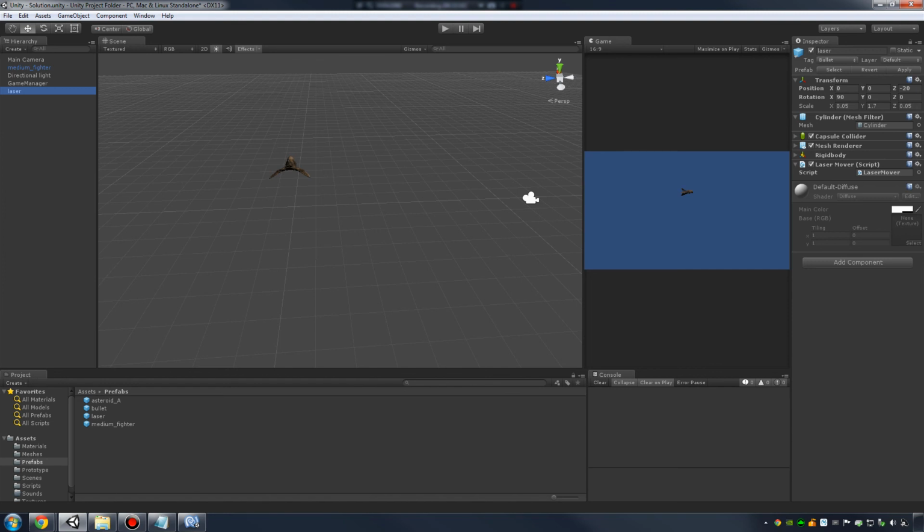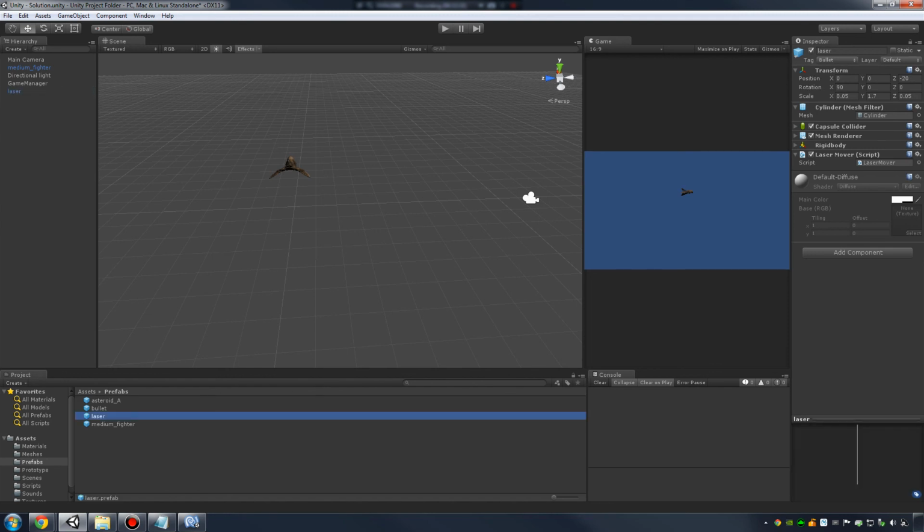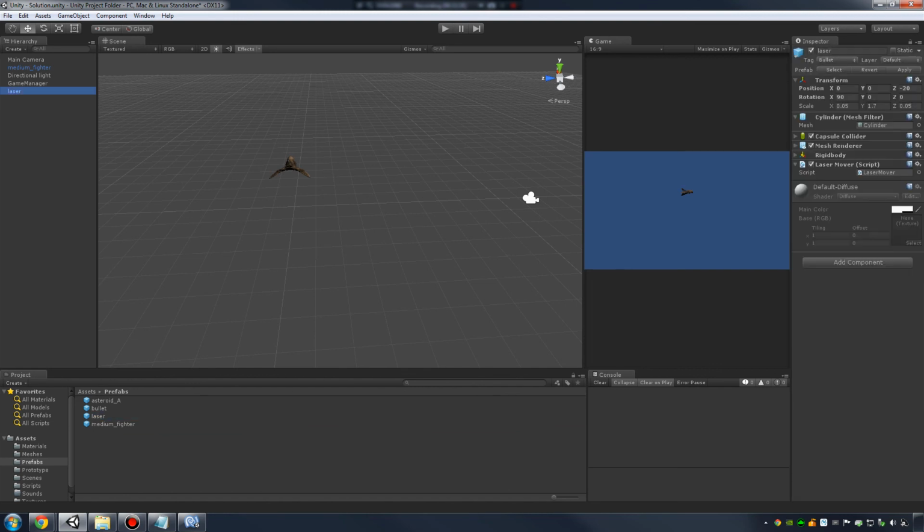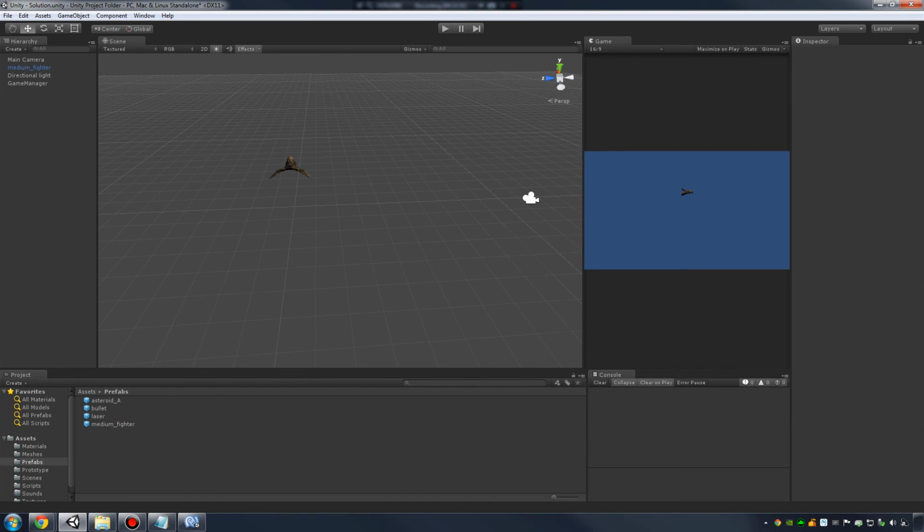But if we go to this prefab right here and hit apply, it'll update my laser prefab down here in the folder. So now my prefab has the laser mover script. And I'm going to go ahead and get this out of my scene. Alright, the next thing we want to do is